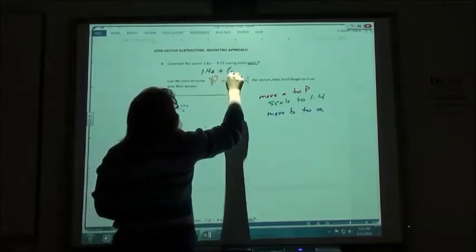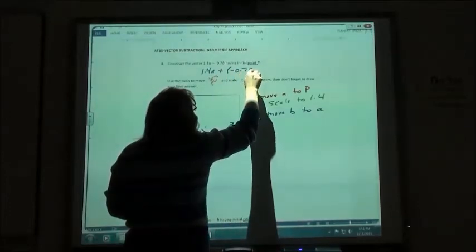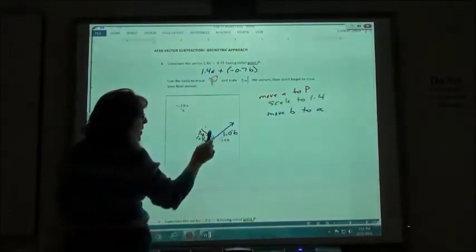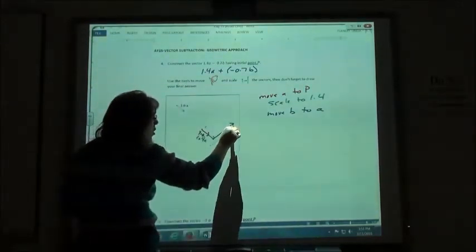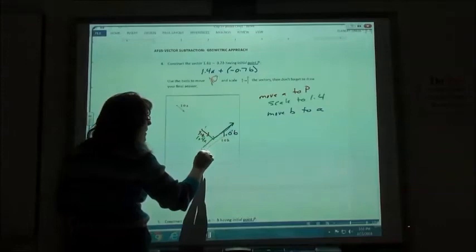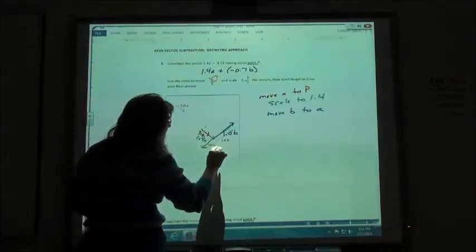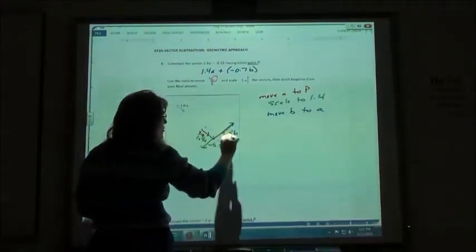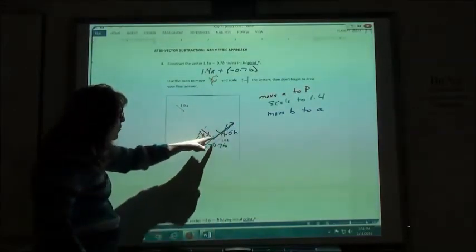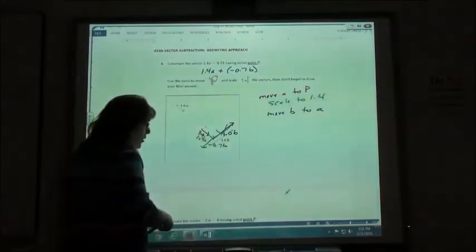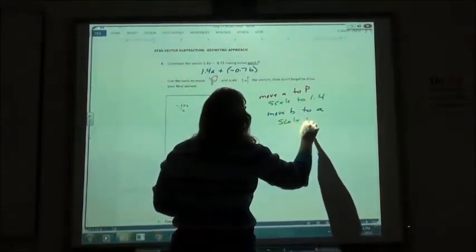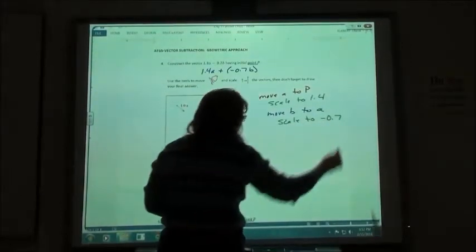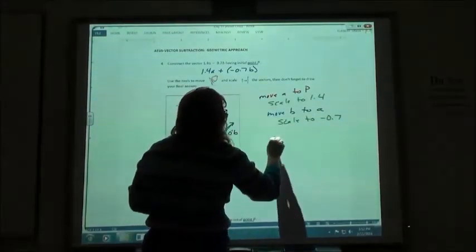1.4A plus a negative 0.7B. And so since this is a positive 1.0, I'm going to take that, and it's actually going to push all the way backwards, and I'm going to keep going back until it says negative 0.7B. So this part will be gone, and it will end up going in the opposite direction. Now I'm going to, oops, I forgot to write here, scale to negative 0.7. Then I'm going to draw the vector